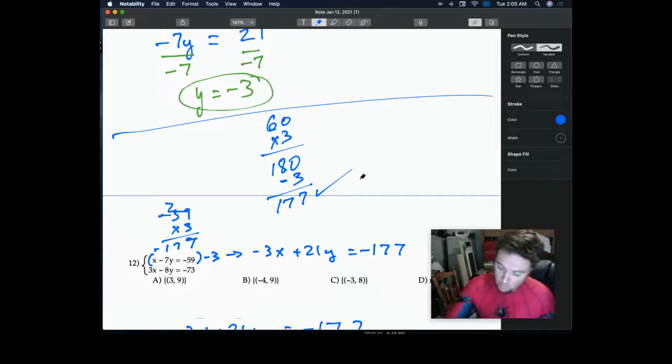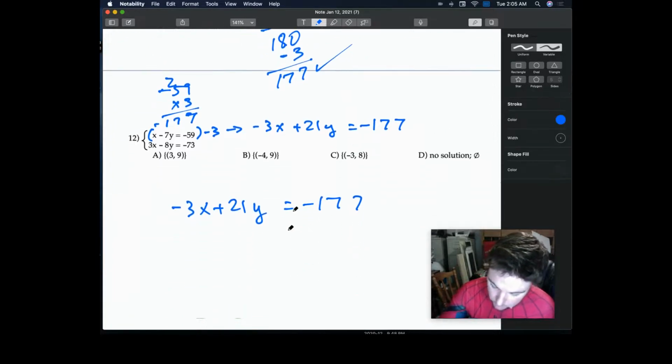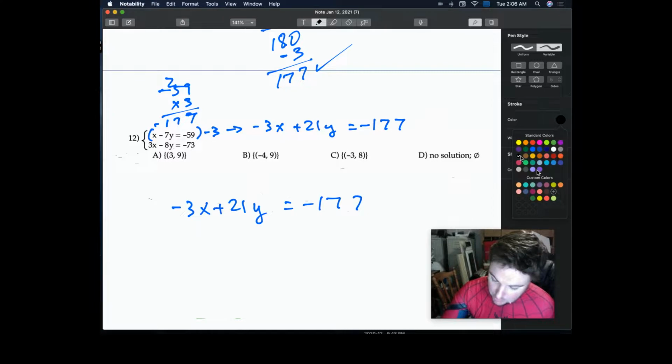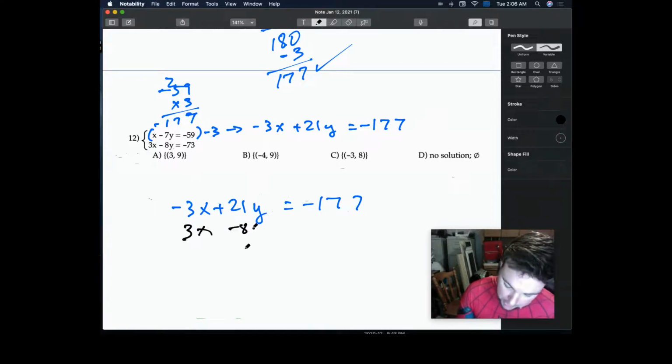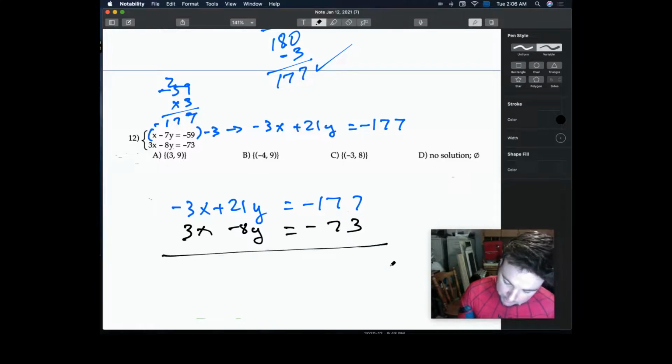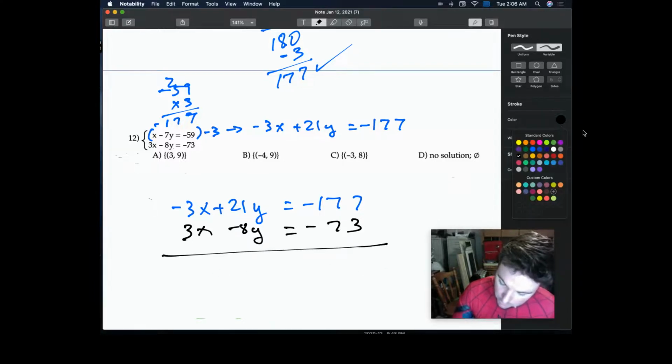So what did we get here? We got -3x plus 21y equals -177. The bottom equation is the same exact equation. So the bottom equation is 3x minus 8y equals -73. And so we will add these two together,